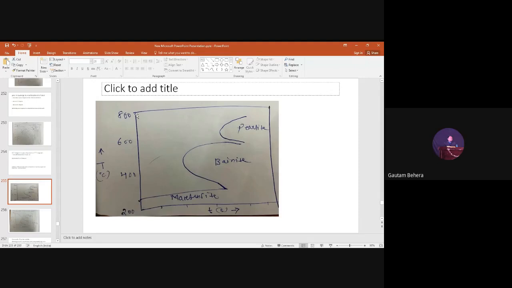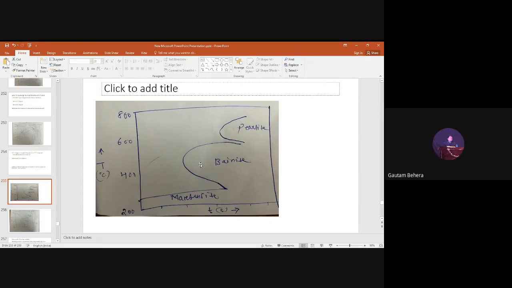That means if you are cooling at this rate, look at the figure. If you are cooling at this rate continuously, even if it is continuous, I am going into the bainitic region. So I can form bainite by doing continuous cooling. Sir, is there any reason behind it? The reason behind it is